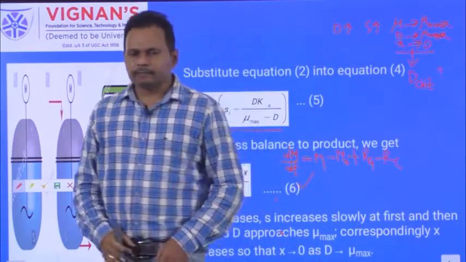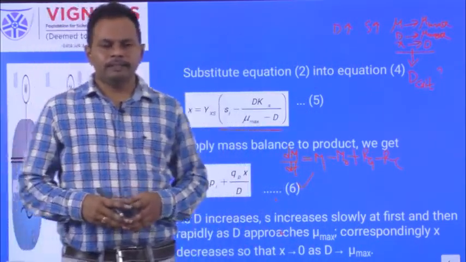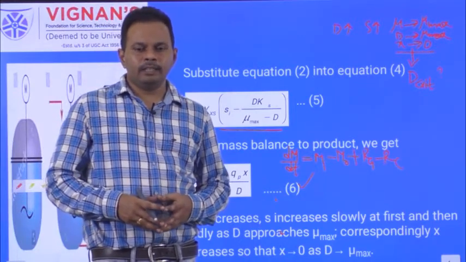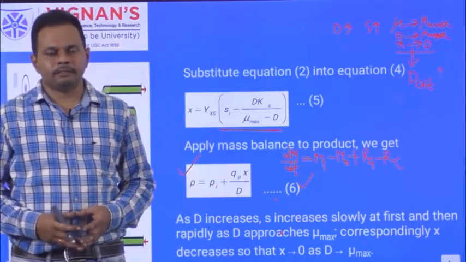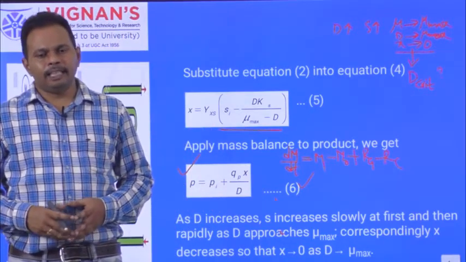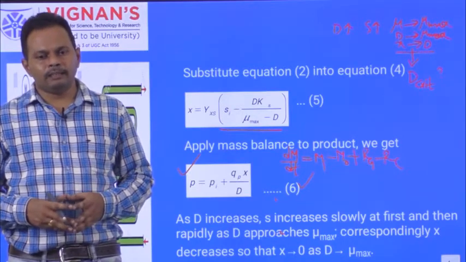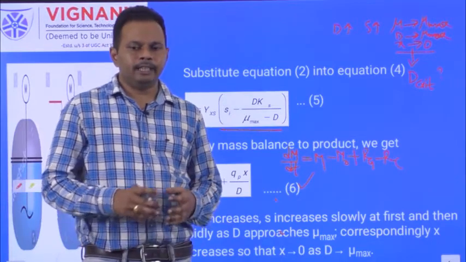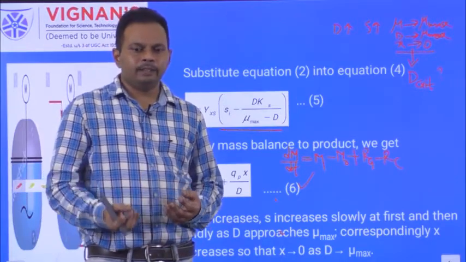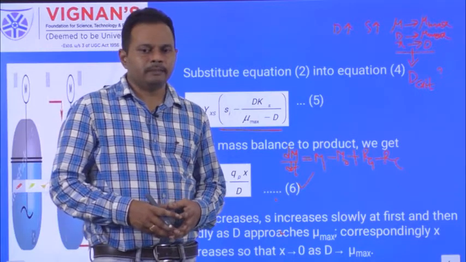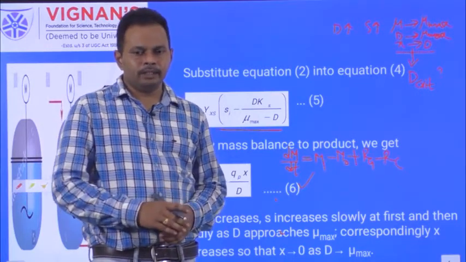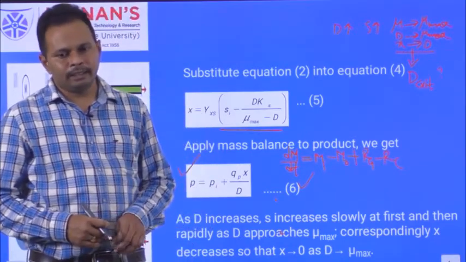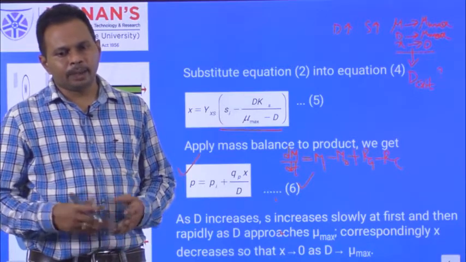At the critical dilution rate, cell washout occurs. That means the cell concentration within the fermenter is 0. At the critical dilution rate, the rate of cell removal is greater than the rate of cell generation, and cell washout occurs. That's why we should not operate the fermenter at the critical dilution rate. When you operate at the critical dilution rate, cell washout occurs and the cell concentration becomes 0. There will not be any further cells to grow, and even a small variation in input condition leads to a larger variation in the product quality.